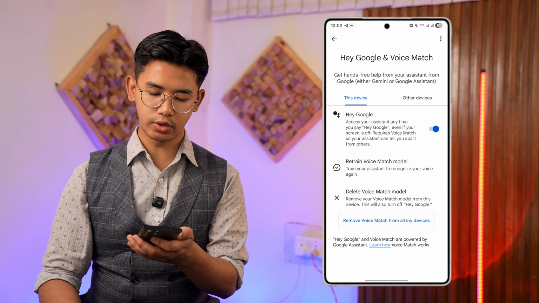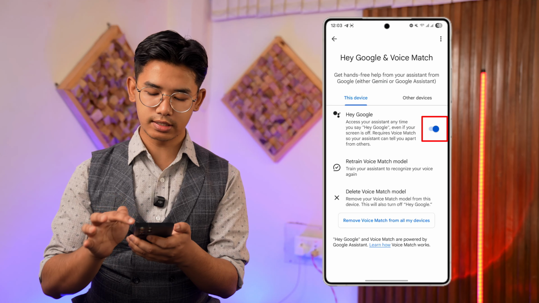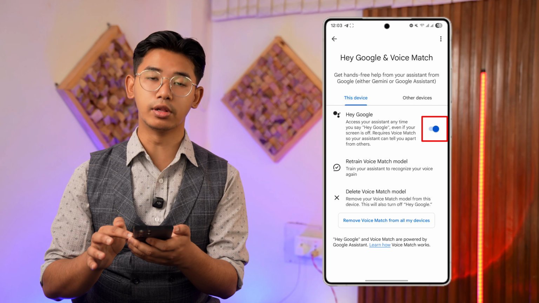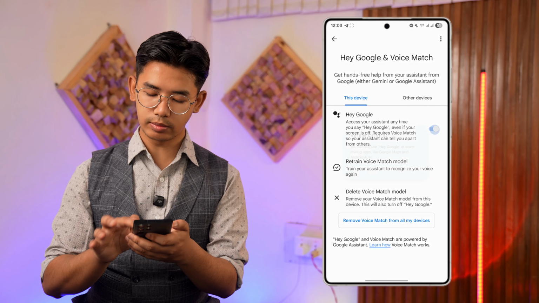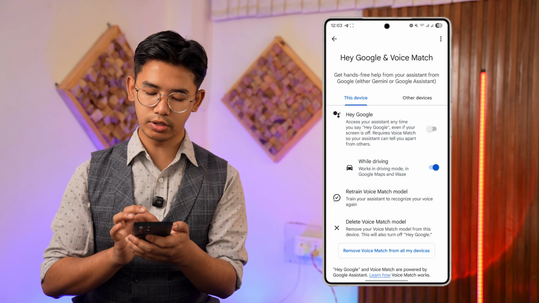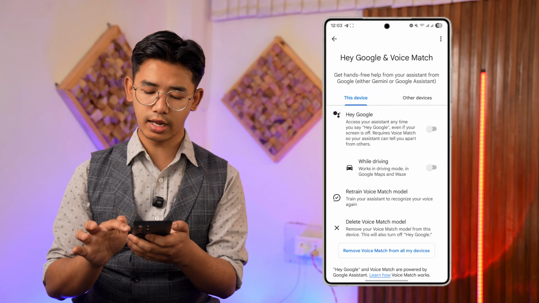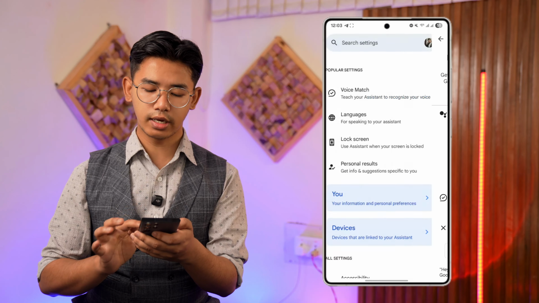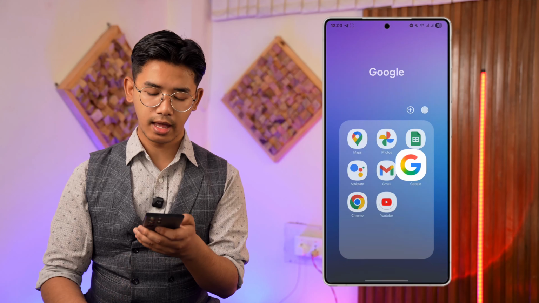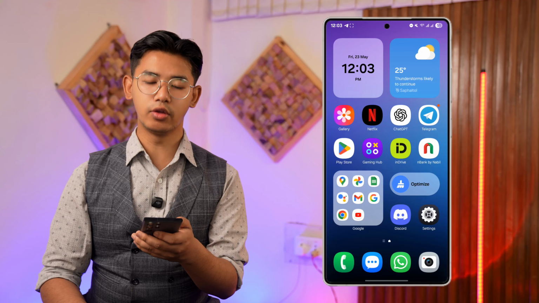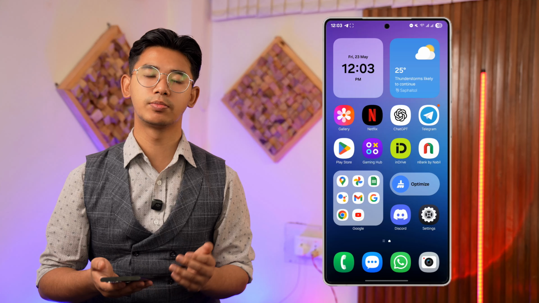So you can tap on the voice match option, and here you can see Hey Google is currently enabled. So what you do is you simply turn off this toggle, and simply turn it off like that. And during driving or anything also, you can go ahead and turn off that toggle so that Hey Google doesn't get activated. And this is a normal process on how you can turn off voice assistant, especially common for